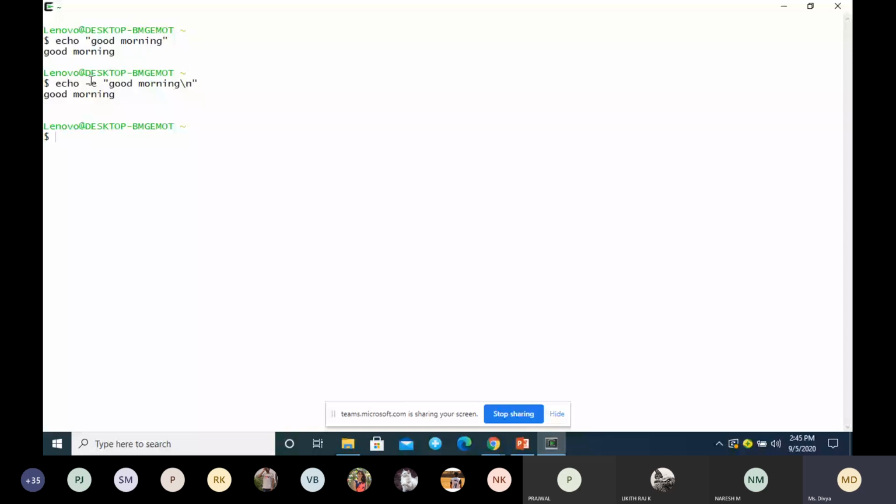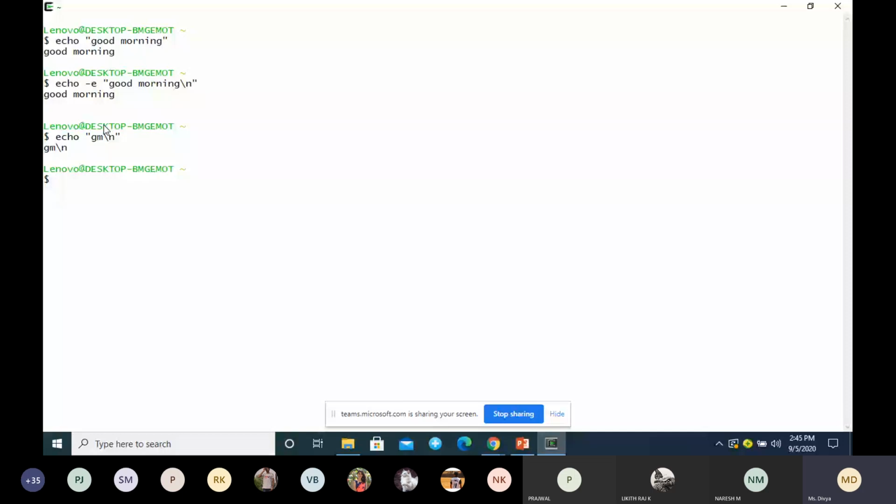If I write just this much and use the escape sequence \n, some Unix operating system versions give the output, but some don't give the output. So make sure that you use this option.